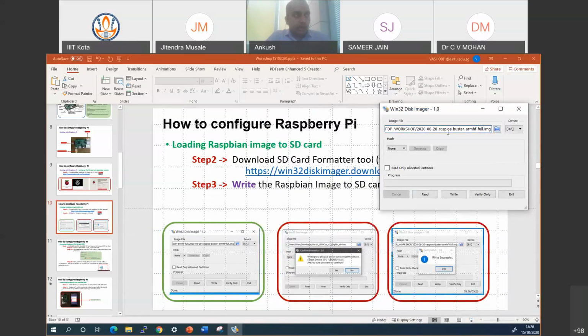So now my image is ready to be written on the device. What is this? When you plug it in, it will automatically detect your micro SD card. And when you go to the right here, I'm not clicking on write because it will take around 10 minutes. I have already loaded the image on this SD card. But the steps are, if you click on write here, right, then it will